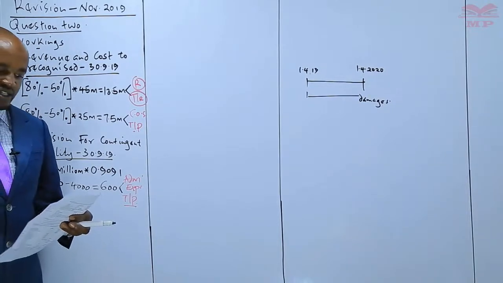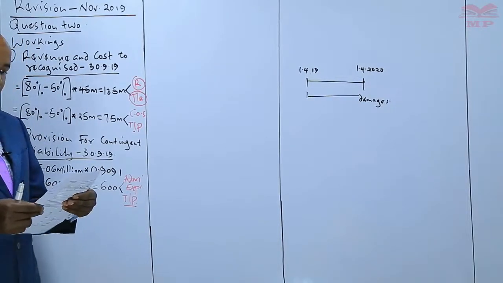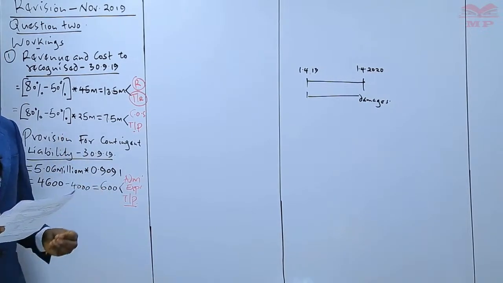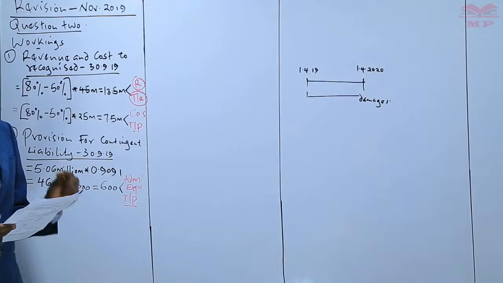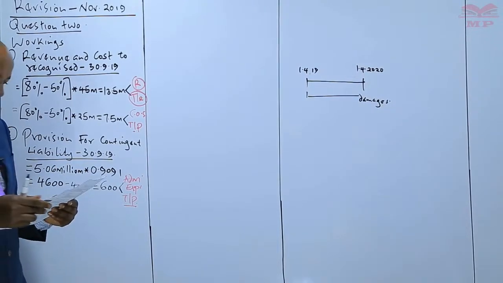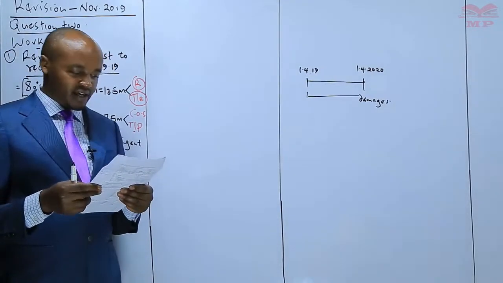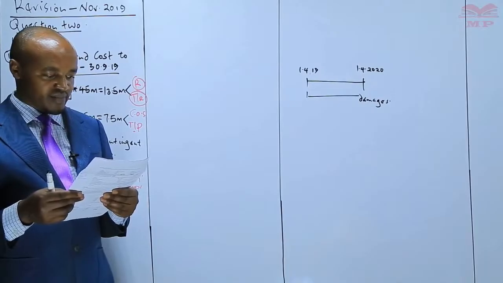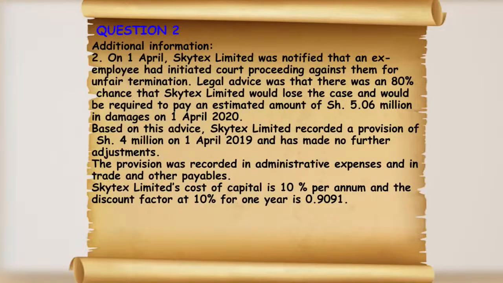So therefore, in respect to that additional provision of 600,000, we are going to account for it as administrative cost, and two, we are also going to account for it as a part of the trade payables. Now, in the last sentence of note number 2, we are told Skytex Limited's cost of capital is 10% per annum, and the discount factor at 10% for 1 year is